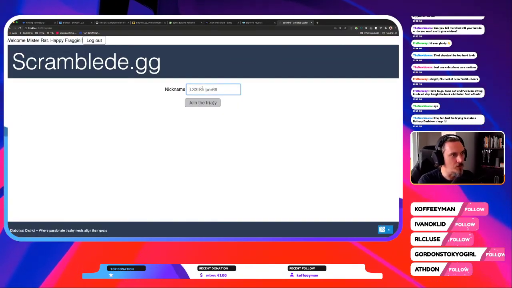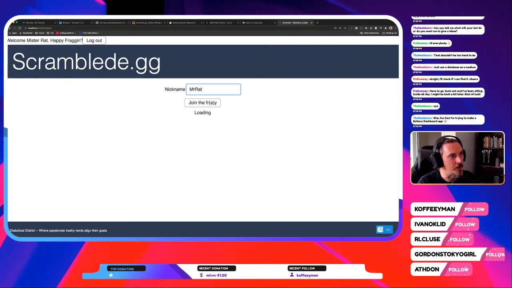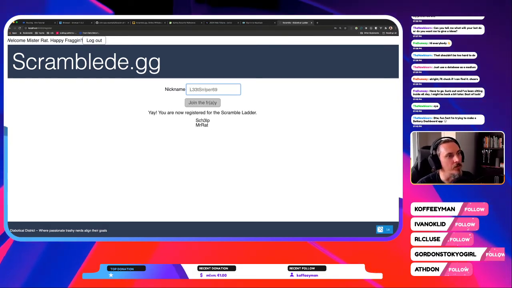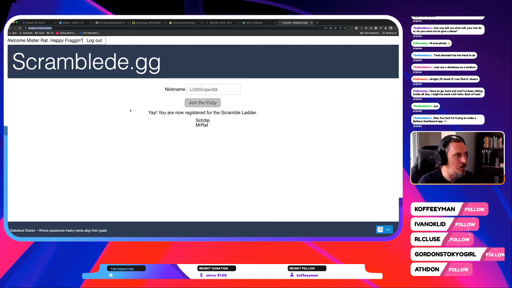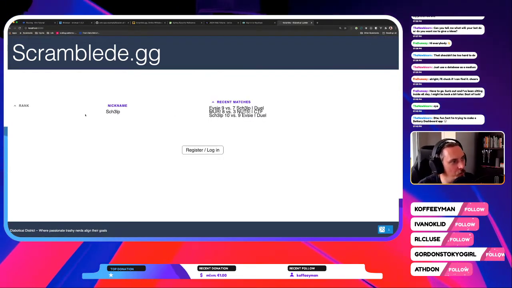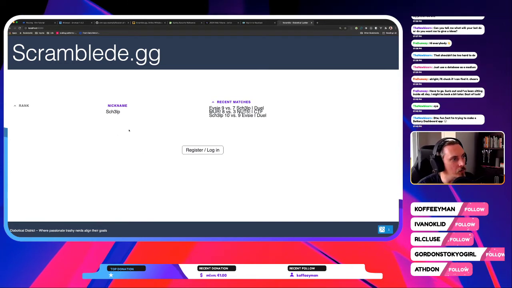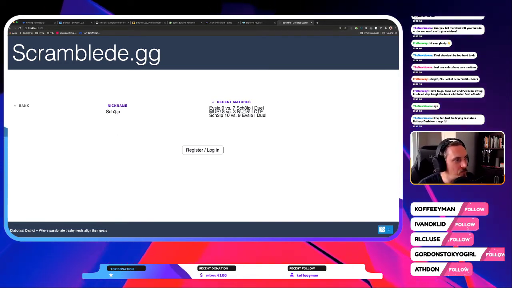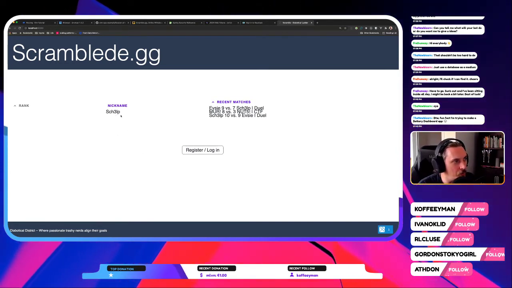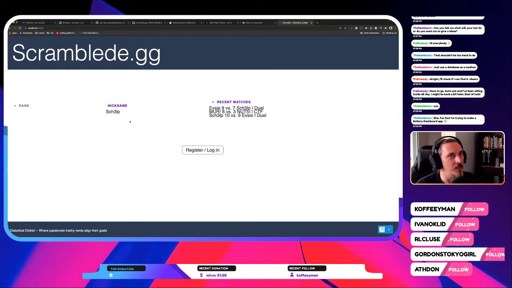They are not known as a registered player, probably because my Docker database refreshed or something. I don't know. Let's call him Mr. Rat. Voilà. I've got two people logged in or registered, and they should in fact be redirected after that login, but whatever. So now the first thing I guess we should do is build a page